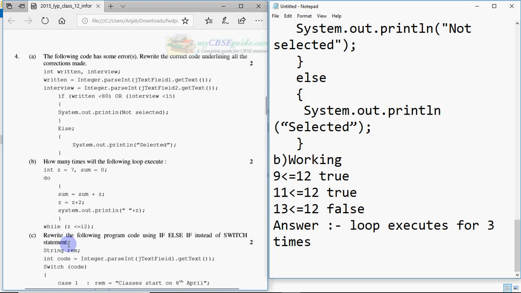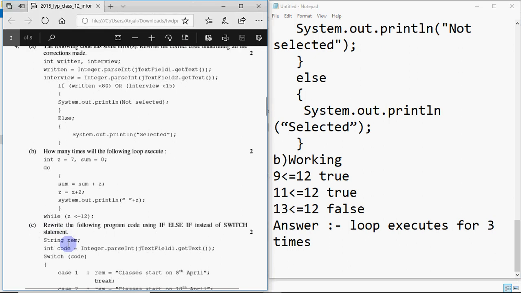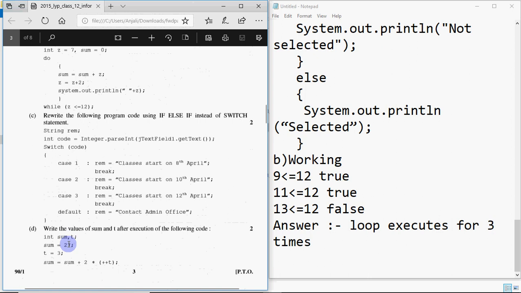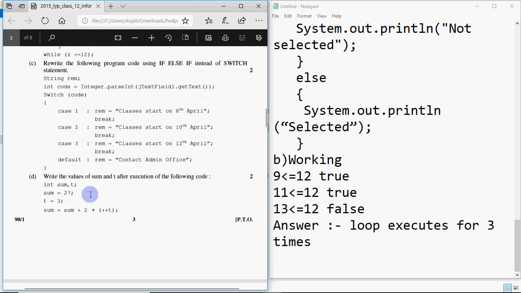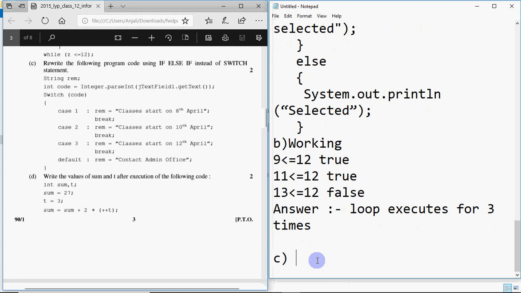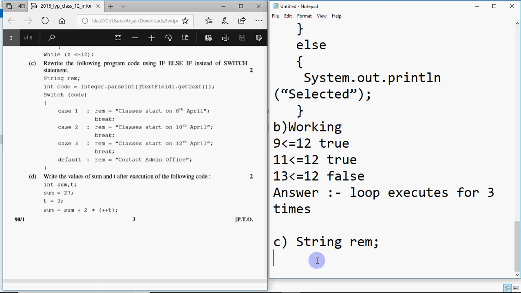Then comes C. Rewrite the following program code using if else if instead of switch statement. So ये switch से लिखा हुआ है, इसको if से लिखना है. जो प्रीवियस पेपर हमने किया था उसमें if से था और switch से लिखा था. ओके फाइन. सो आपके पास यहाँ पे जैसे मैंने पहले बताया था कि जो चीज़ if से ऊपर लिखी हुई है उसमें आप कोई चेंज नहीं करते हो, उसको आपको as it is लिखना है. सो I'll write string rem as it is. देन उसके बाद जो लाइन है int code वाली वो भी हम ऐसे लिखेंगे int code